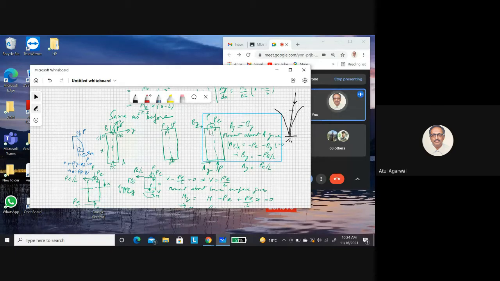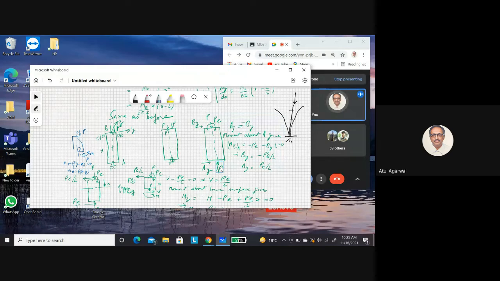Now if you just do force balance, there is a support here, so there will be a horizontal force. There is a roller support, so there is a horizontal force By. There is a hinge, so there is a force Ay and a vertical force. Now Ay plus By has to be equal to 0 for force balance in the y direction, sorry, in the x direction here. So Ay is equal to minus By. Vertically, force P has to equilibrate against this force, so this force has to be P, caused by the support.